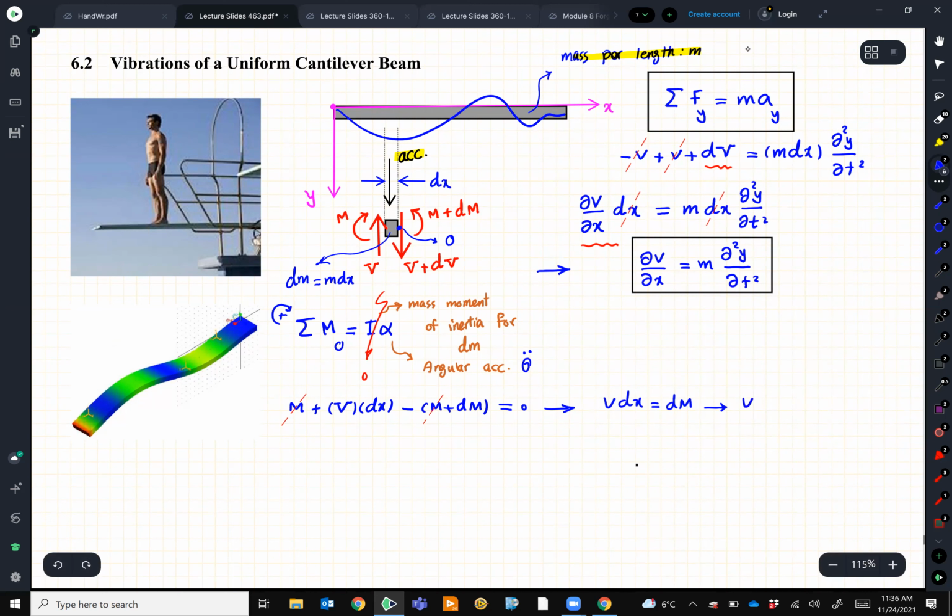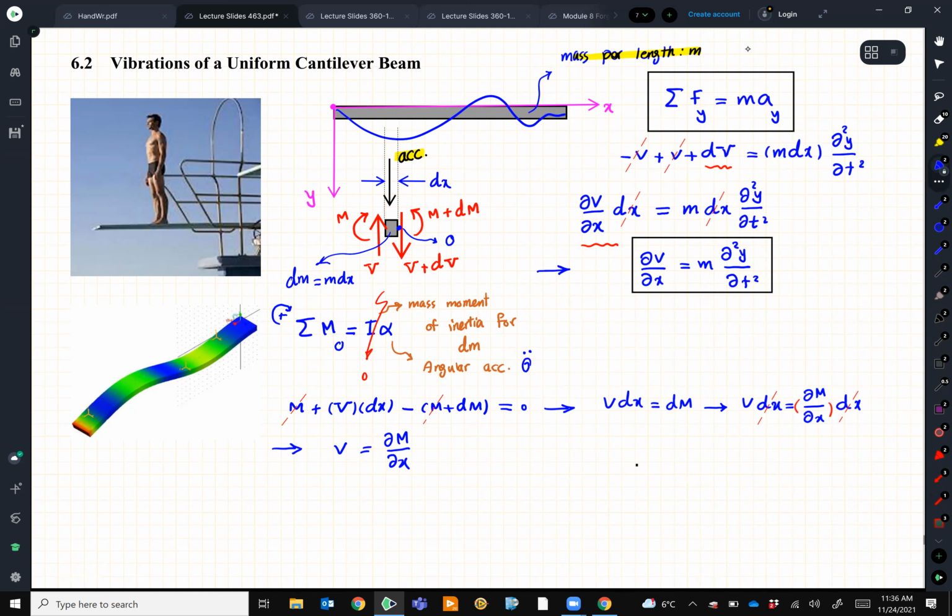And what I can do, I can write V dx is equal to, instead of dM, the derivative of M with respect to x multiplied by dx. Similar to V, how much M is changing during this transition dx. So I assume this is the rate of change. I don't know how much it is, but this is the rate of change for M multiplied by dx. I get rid of this dx, and I will have V equal to the derivative of M with respect to x,